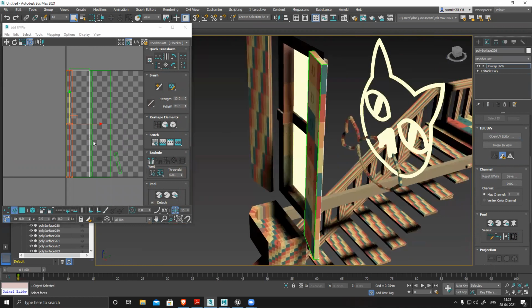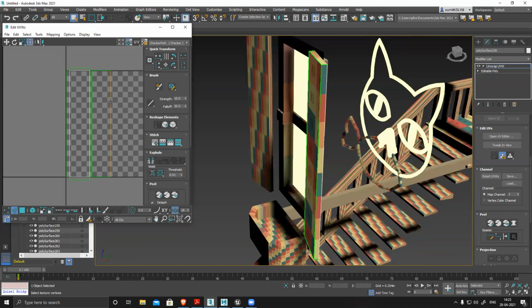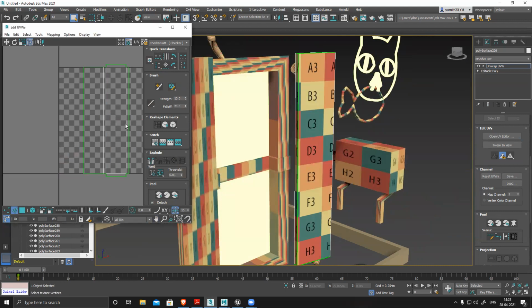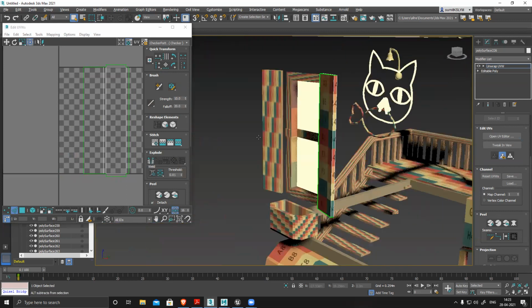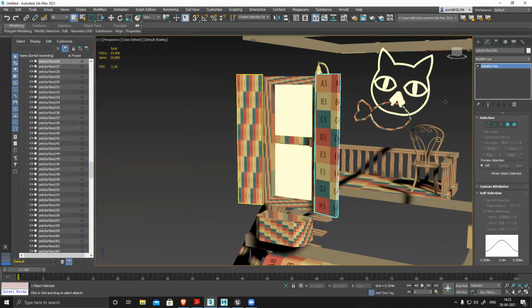Everything is stitched and this is also stitched. So everything together, only one side, one seam. So this is nicely done. All checkers, everything perfect. Collapse. Now the other one,